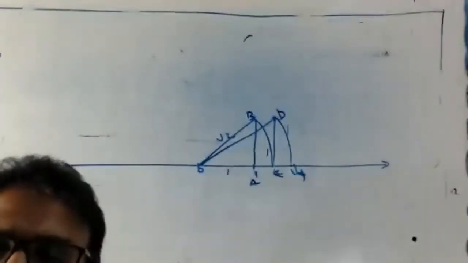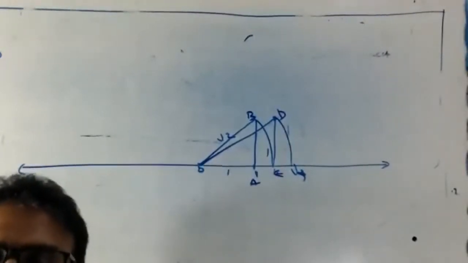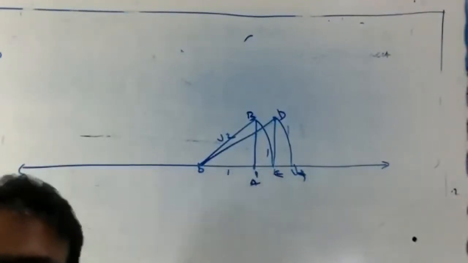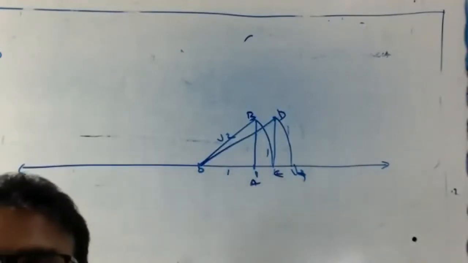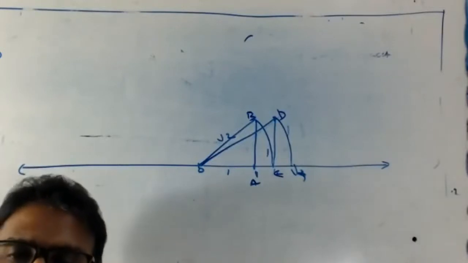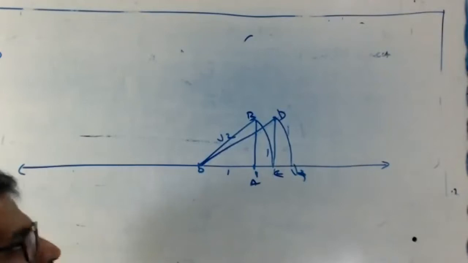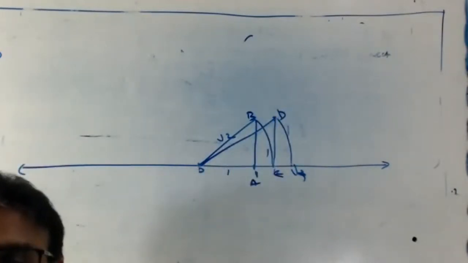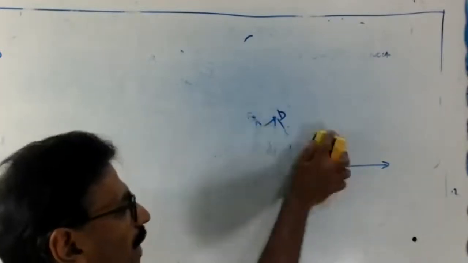Is it okay for you now? Which is easy? Which one is easy that you can use? It's up to you which method you are using. That same, not same radius, to OD. If you are not getting the first method, then better use the second method.